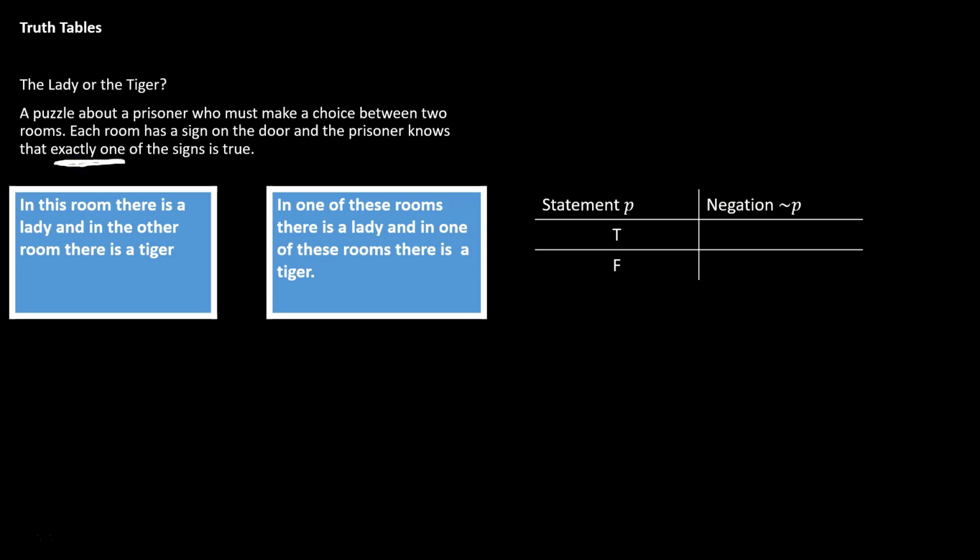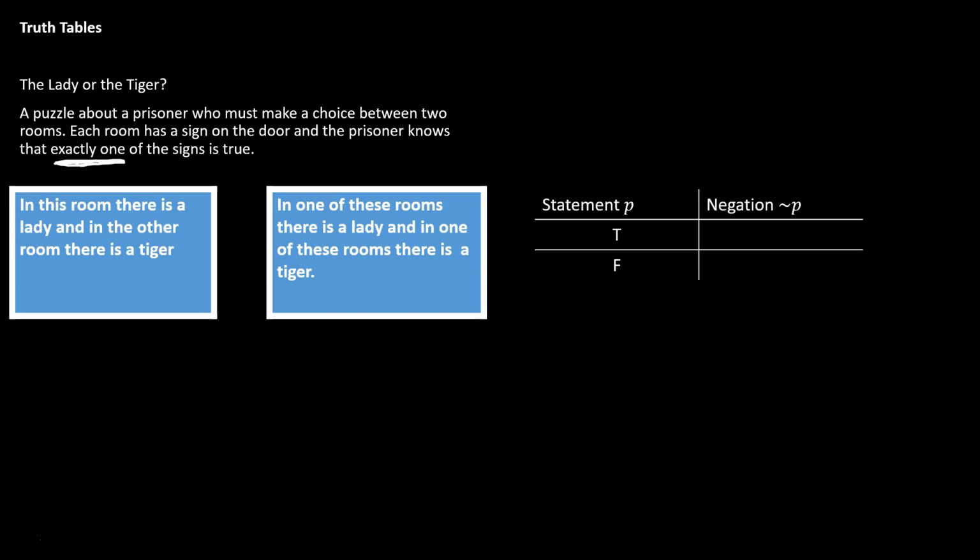Probably the tiger would kill him. He'd probably rather open the door and find the lady, because chances are the lady won't kill him. But then again, who knows? I mean, I've watched some crazy documentaries. Anybody could be a killer, right? Just kidding. The lady's going to be a nice lady. She's got like a sandwich